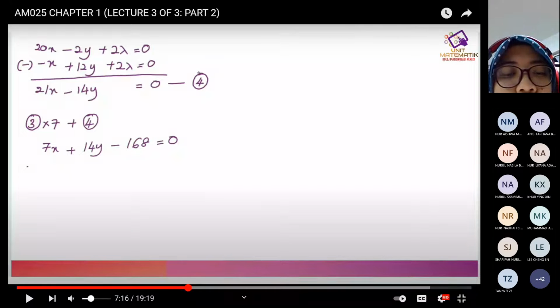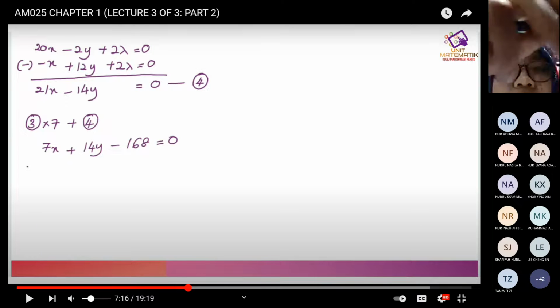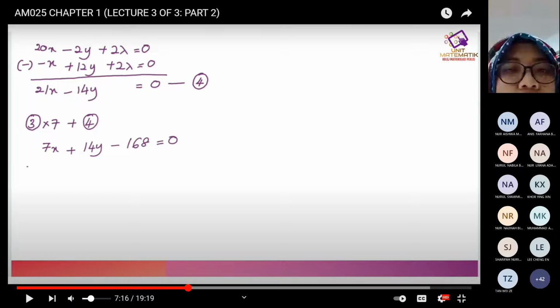Nampak tak? Okay, so equation 4 nak partner dengan equation mana? Equation 4 kita partnerkan dengan equation 3 yang kita tak guna lagi. Kamu jangan ambil equation yang kamu dah guna. Contoh, dalam kes ni, mula-mula tadi dah guna equation 1 and equation 2. Bila dah guna equation 1 and equation 2, bermaksud kamu akan dapat the new equation which is equation 4 ni. So equation 4 partner dengan equation 3 yang tak guna lagi, plus